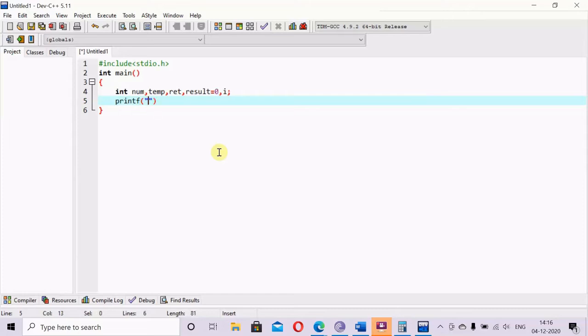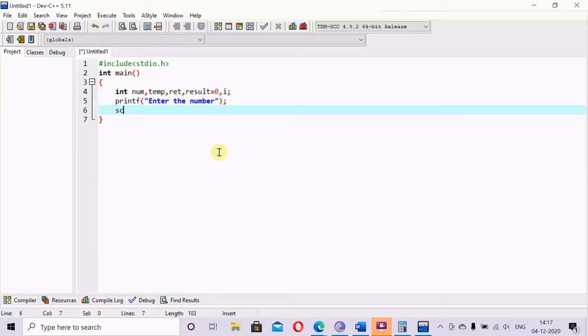printf, within that you can just write "enter the number". You just write the printf, enter the number, and you just end with the semicolon, and you can use the scanf. And basically we have to use, you know, how can we store one number. This is the %d because this is an integer type of data, and comma, you can use the ampersand. Whatever we have to use, this is num, so you can use the ampersand num. So here we have to end with this one.